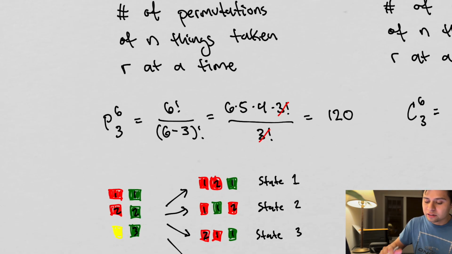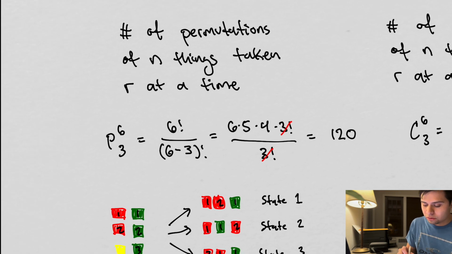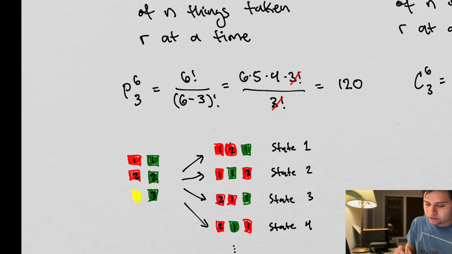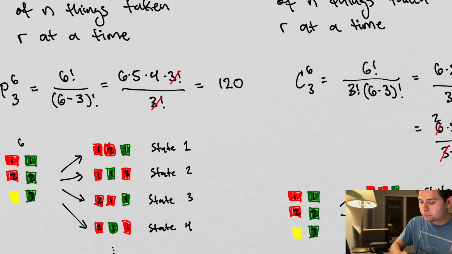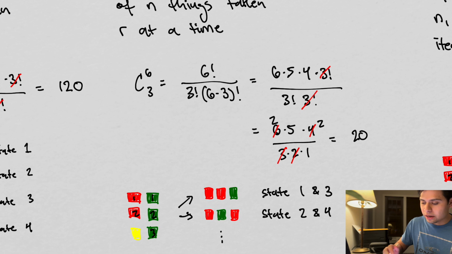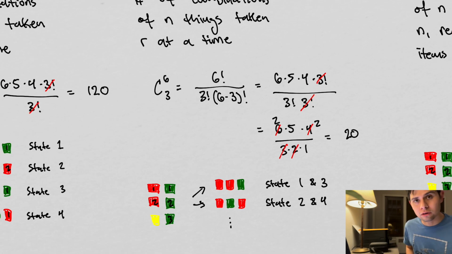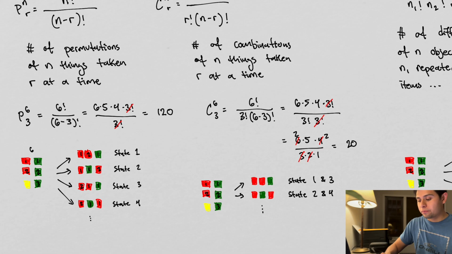Now, I have an example, right? So how many permutations are there, given that we have 6 things, right? So we have 6 total things, and we choose 3 at a time. We have 120 possible permutations given this configuration. Given the same configuration, we have 20 combinations, right? So that is significantly smaller. Okay, and then